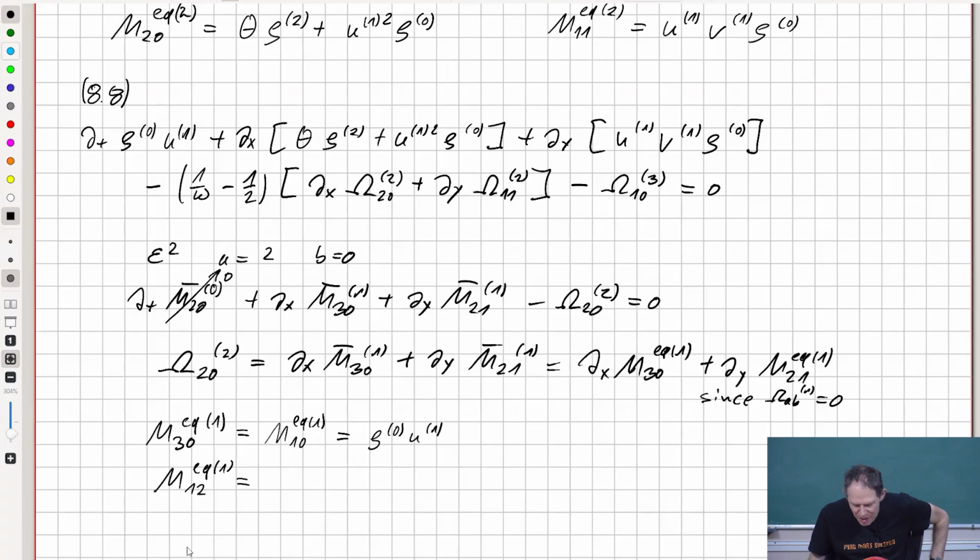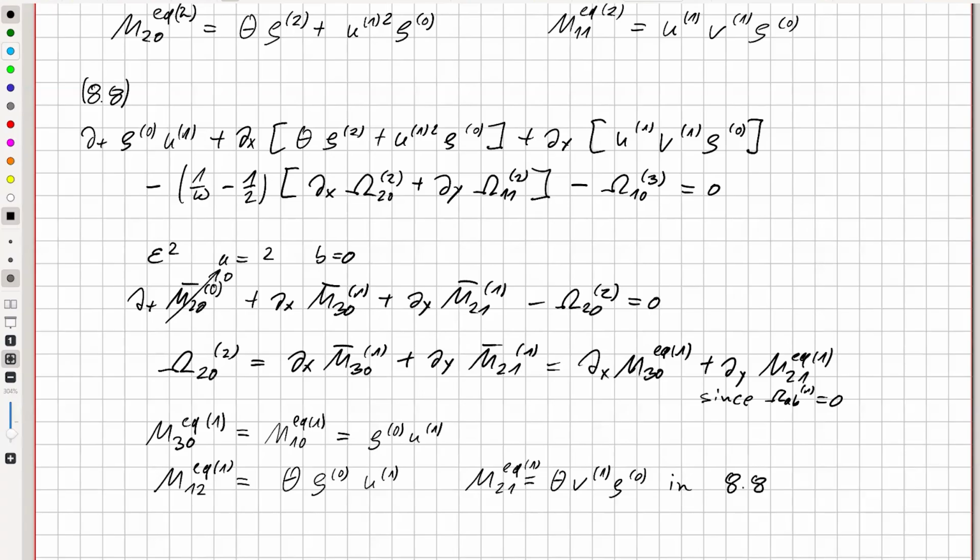Actually, we had this equilibrium up here, right? So we have a u square in it, and we have theta times rho. Yeah, but here we have theta times rho 2. Here this can only mean theta times rho to the zero order and u to the first order. The same thing, by the way, is this here. So the first order is equal to theta times v to the first order times rho to the zero order. And all of this now goes into 8.8,